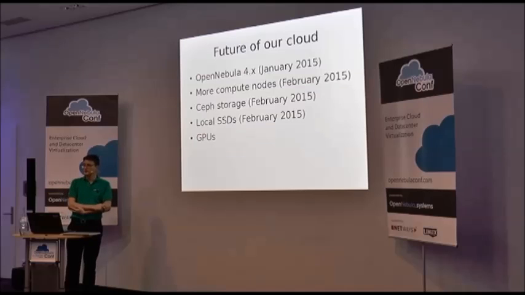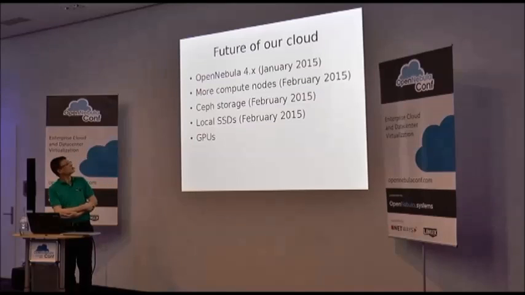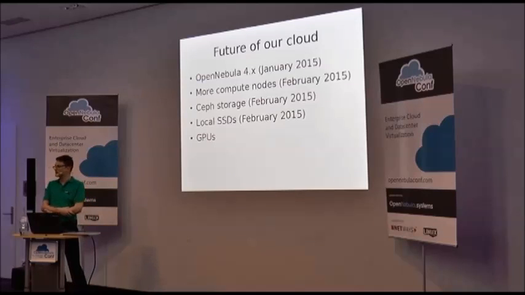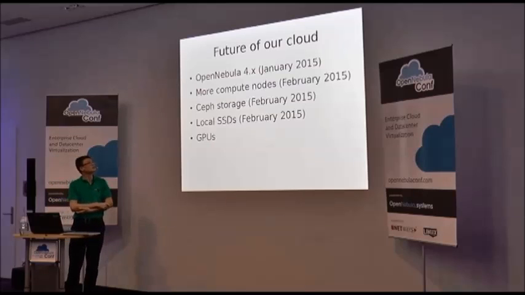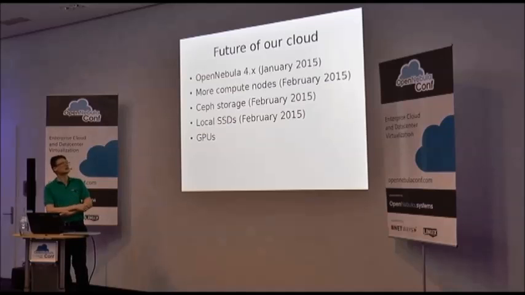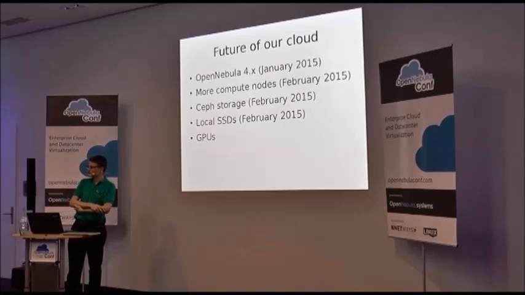To improve the utilization of our cloud, we're going to upgrade to OpenNebula. Well, we don't know which version exactly yet. I hope it's going to be the latest version, 4.10 or hopefully 4.12. Maybe by the time we're ready to upgrade, 4.12 will be out. We're going to get some more compute nodes, and we're going to add Ceph storage to our current setup, because